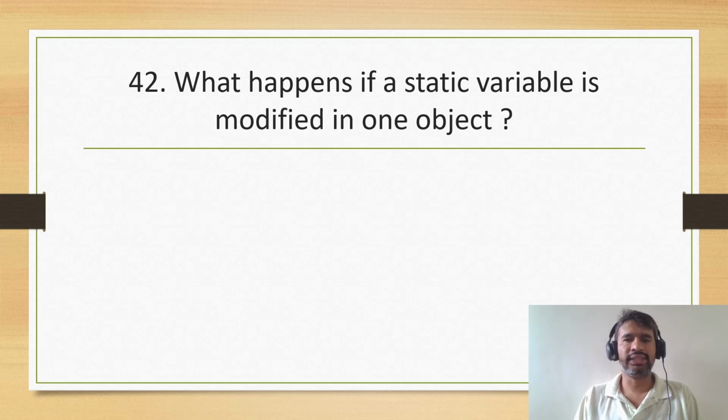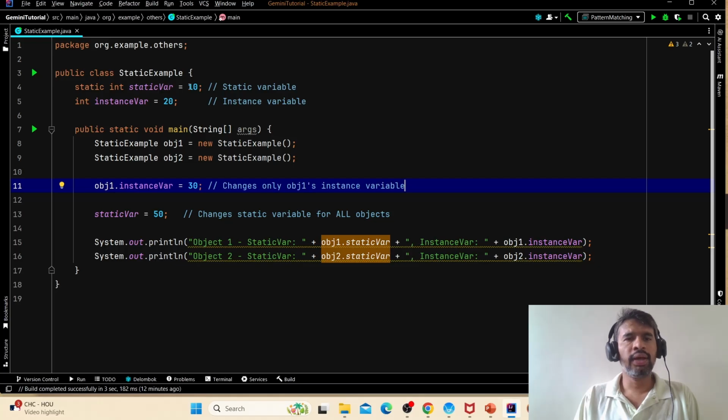Let's see with an example. So first thing you should know is static is bound to a class, not to any object. So it will be loaded as part of the class loader only. So that's the first thing you should know. It is not attached to any object. So if you modify it even in one object, it will basically reflect in all the other objects because it's